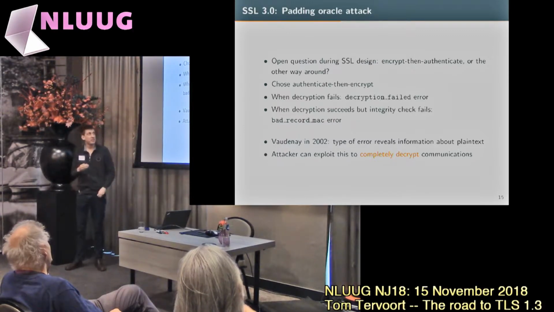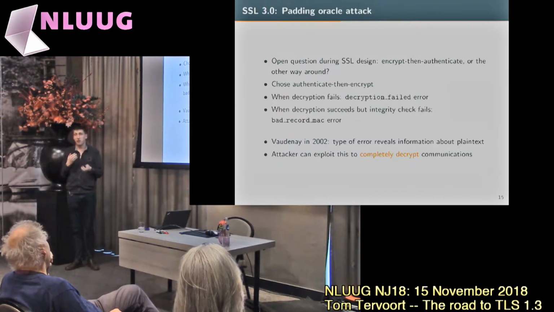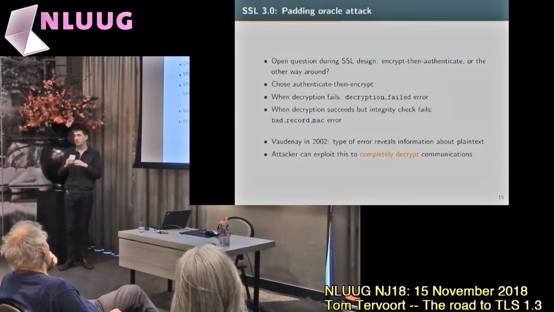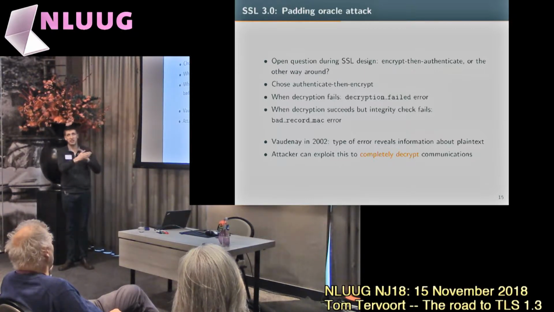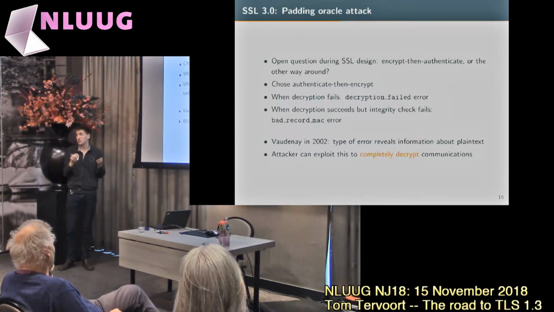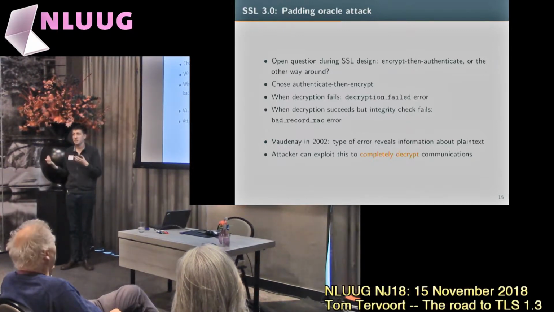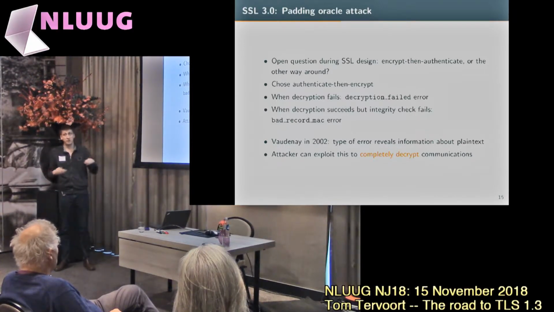Until they were found. So while designing SSL in the 90s, there was an open question: should we first encrypt packets and then apply integrity protection, or should we first apply authentication or integrity protection and then encryption? At this point, cryptographers didn't really agree which approach was better. It was kind of assumed that both approaches would be valid, so they chose the approach: first we authenticate and